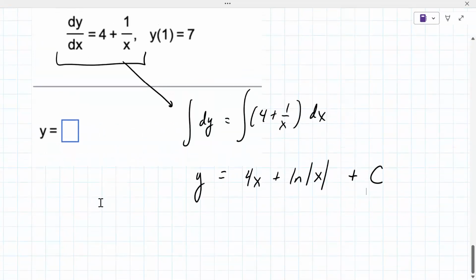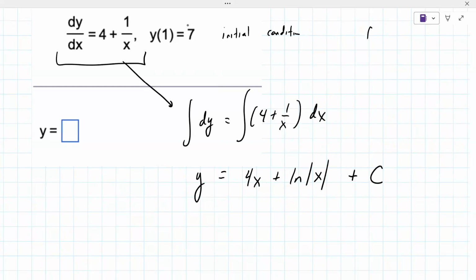Now how would you do this on the actual test? Once we get the final answer here, you would just take a derivative and see which one gets you back to this. So you're really going to do more of what you've been doing earlier in the course, not so much integration. Now, to get the constant of integration, you're given what's called an initial condition,